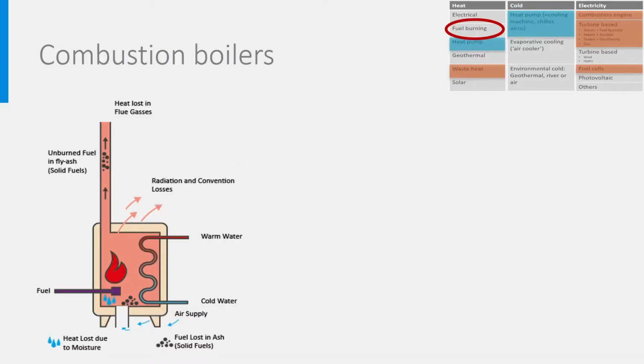Let's look into a bit more details into each of the energy conversion systems that we described in part 1, starting with combustion boilers. In a boiler, the air needed for combustion is supplied by a pipe, the white one below, and goes to the burner. In the burner, the fuel is burned and the fumes and flames give their heat to a heat exchanger where water is flowing. This heat exchanger will bring heat to the heating system of the building. There is a fan above the boiler expelling the fumes and combustion products like CO2 and CO to the outside through a pipe. This setup is known as being a non-condensing boiler.